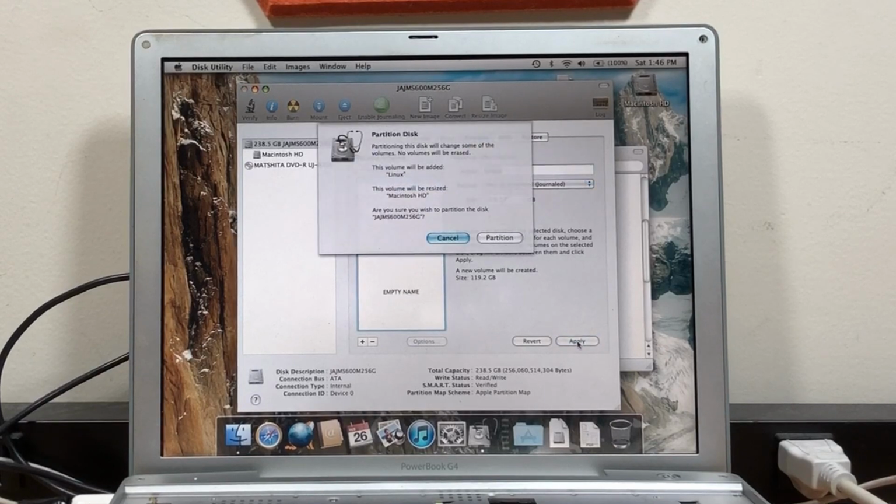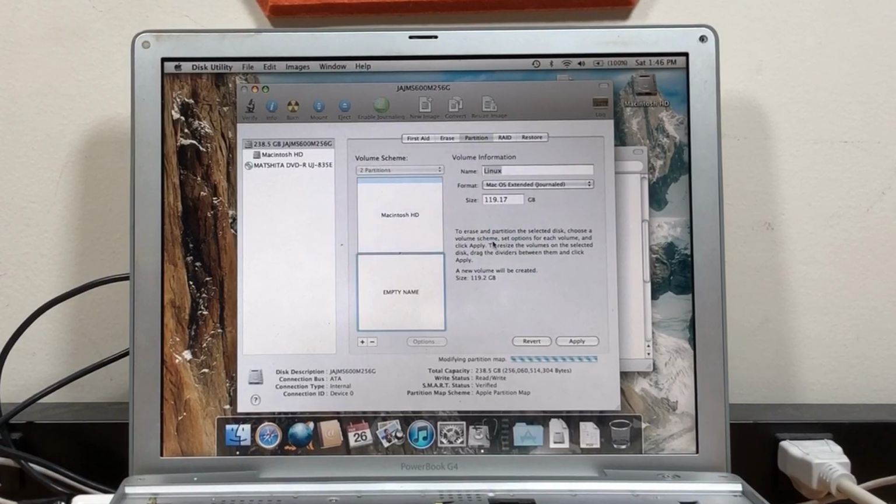Whatever, I'm just going to click apply. Empty name is going to be fine. Yeah, alright. Linux is fine, okay. And then click partition. But this is going to take a really, really long time because of the inefficiency in Disk Utility in this version. And so I'm going to come back once this is finished in around maybe 10 minutes.